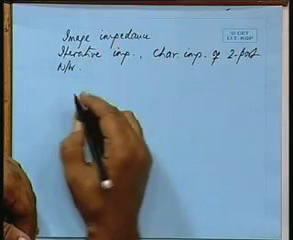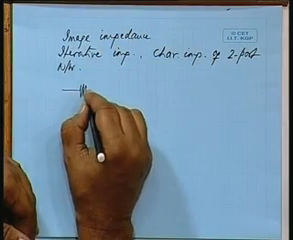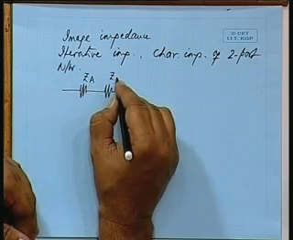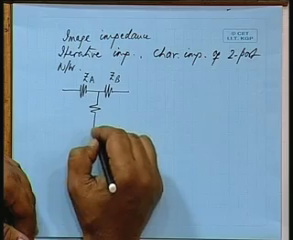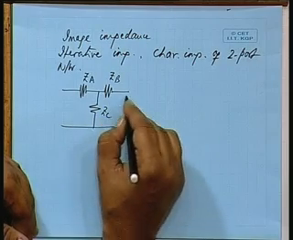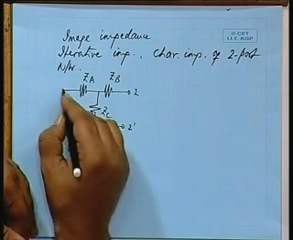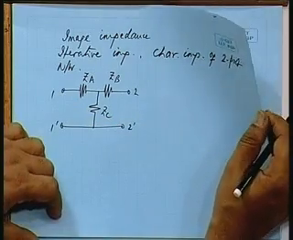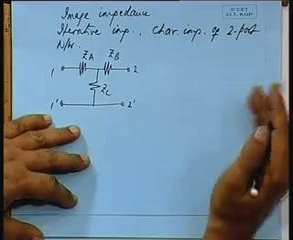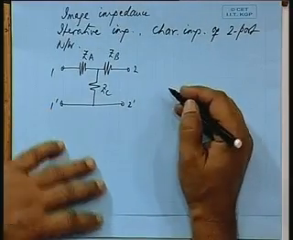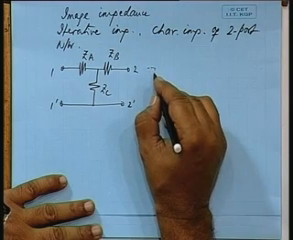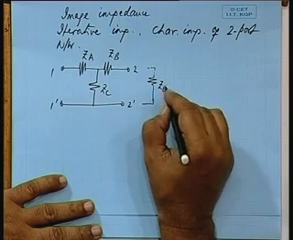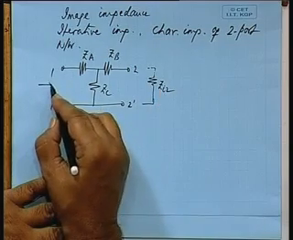Now, let us consider a general network having impedances ZA, ZB and ZC. The ports are 1 and 2. Now, image impedance we define image impedance as this. If I load this side by an impedance ZI2, the impedance seen from this side is ZI1,